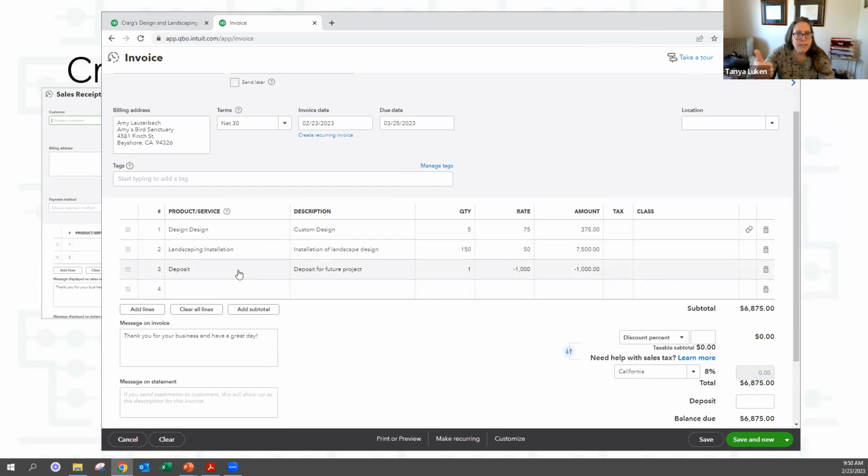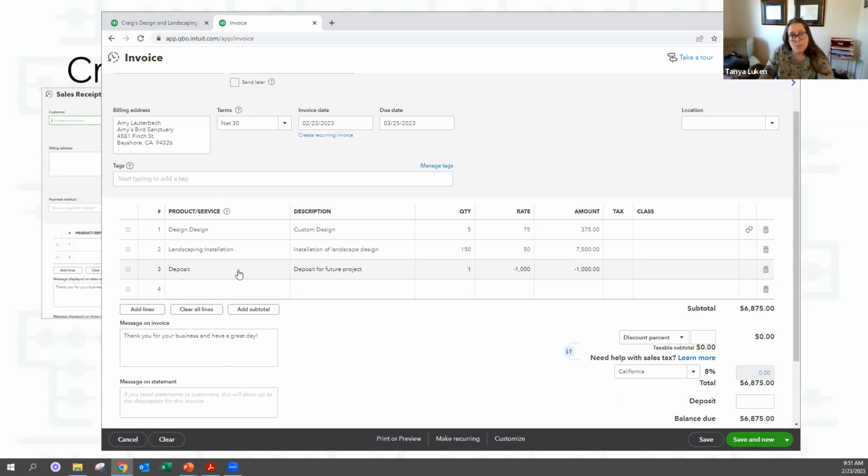So on the first invoice or sales receipt, you invoice for a deposit for however much you're collecting. Even if you did 4 or 5 invoices for deposits, that's fine.